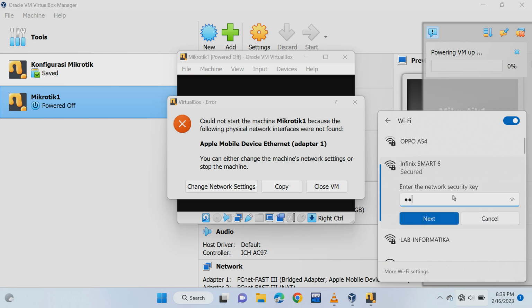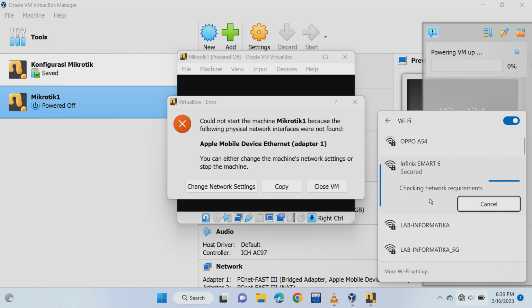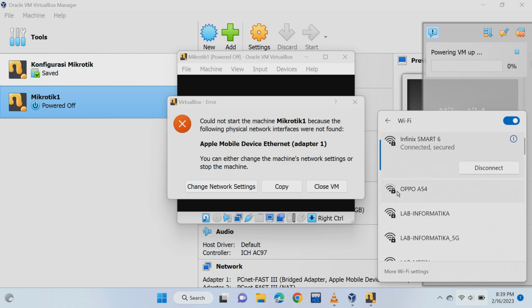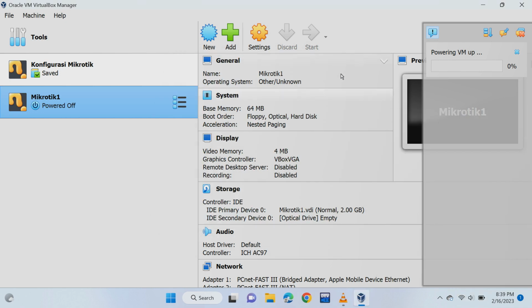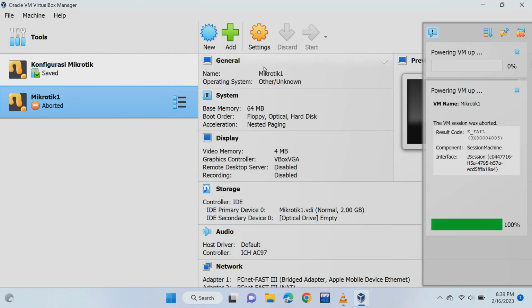So in this part, I already installed VirtualBox on my computer. If you want to know how to install VirtualBox, you can check my other video. I will put the link in the description. And then